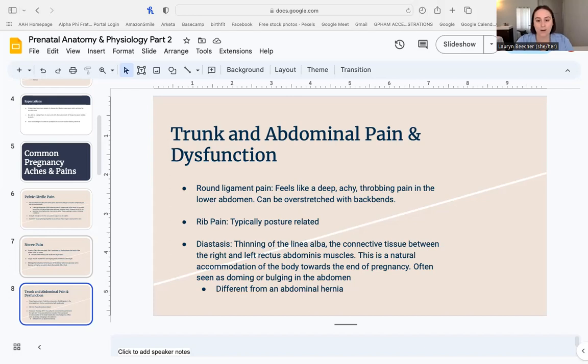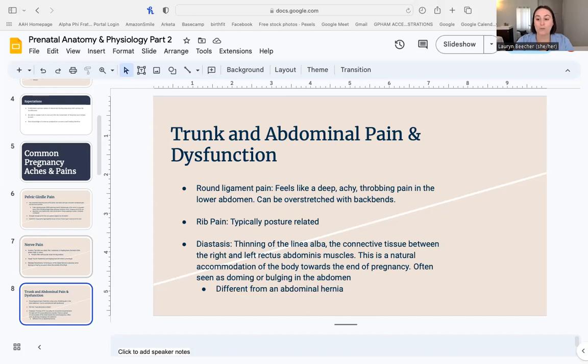It's always in the lower abdomen. Sometimes it's just on one side, sometimes it's on both. So that can vary a little person to person. So when we think about yoga here, we want to avoid things that intensely stretch the abdomen, as intensifying that stretch with any type of leaning back or bending back can be quite uncomfortable. Instead, we want to focus on postures that relax the abdominal wall.